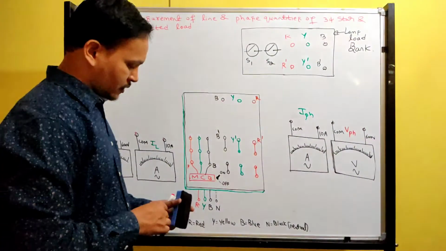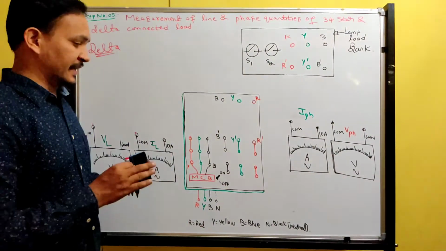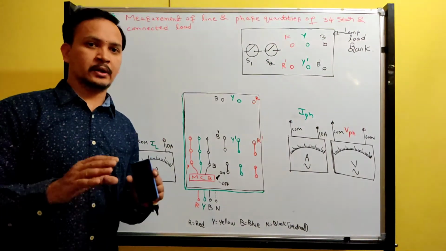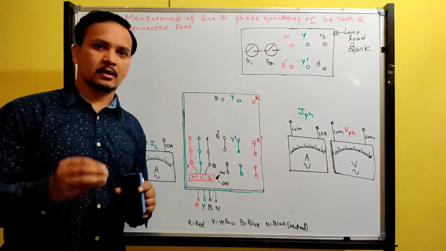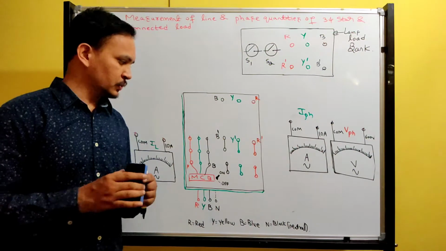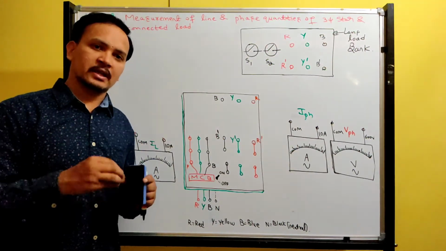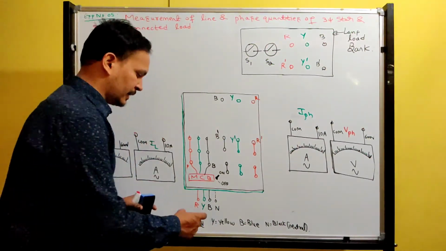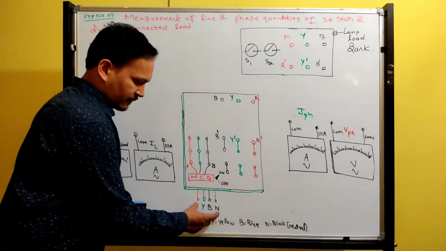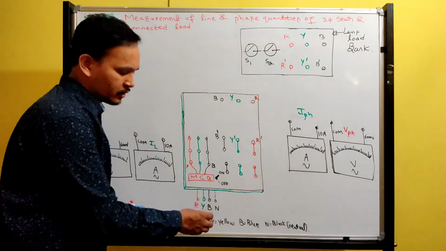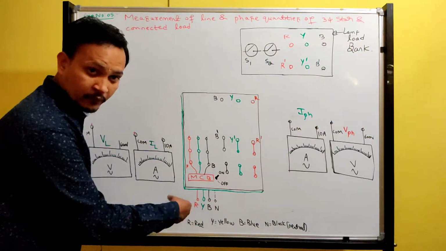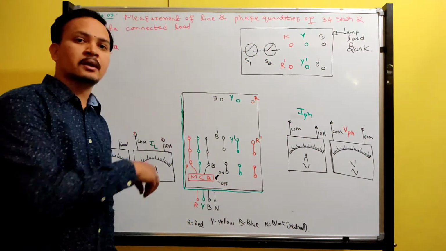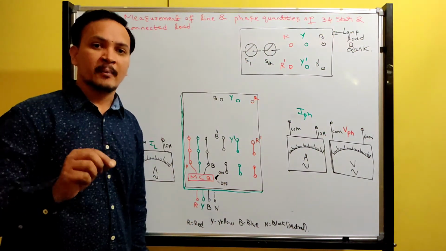So dear students, once all the connections are correct according to you, call the professor or lab instructor. They will check it. If they say it is fine, then you can connect the R, Y, B and these 4 wires that will be outside the board. Take these 4 wires and connect them to the 3-phase supply mains.